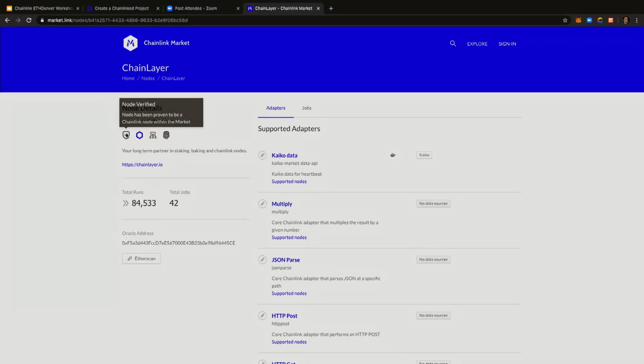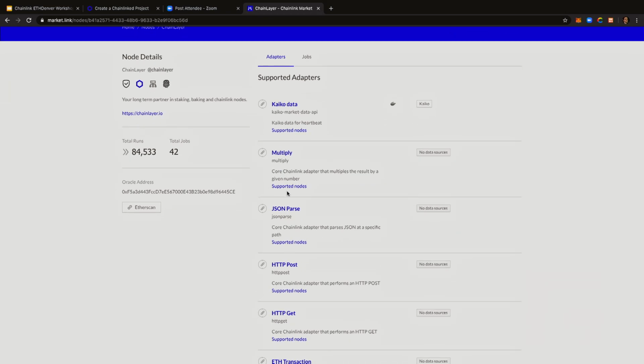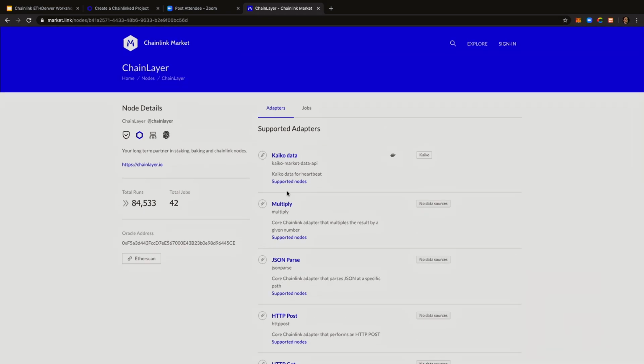Now, that's how you choose a node operator. If I go to one of these pages, I have all the information I need. I can see, for instance, that the node has been verified, which means they've been security reviewed by the team. We can see that they're listed on the Explorer, so we have multiple information points. We can see which adapters they're running, which means which data points they can fetch for your DApp. So you have multiple pieces of information you can get from this.